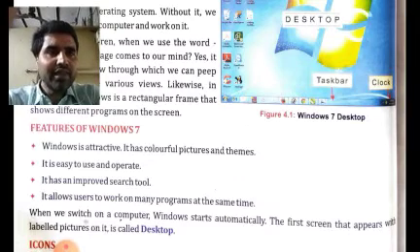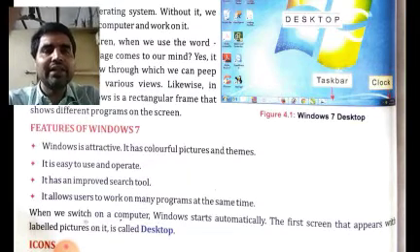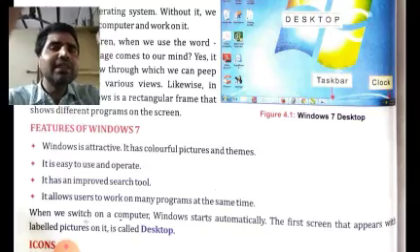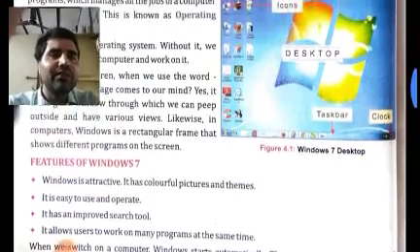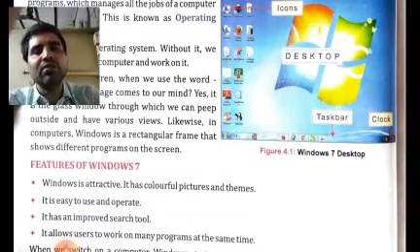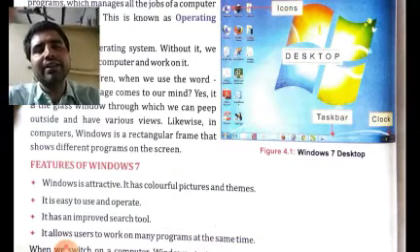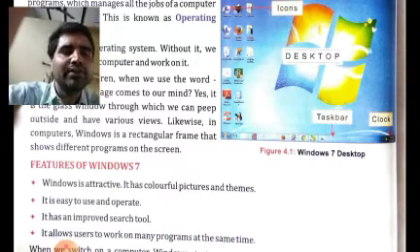Okay, it has multi-programming capability. It can run multiple programs at the same time. What is the meaning of this? You can use MS Paint to draw, and at the same time you can also open any song and listen to it,